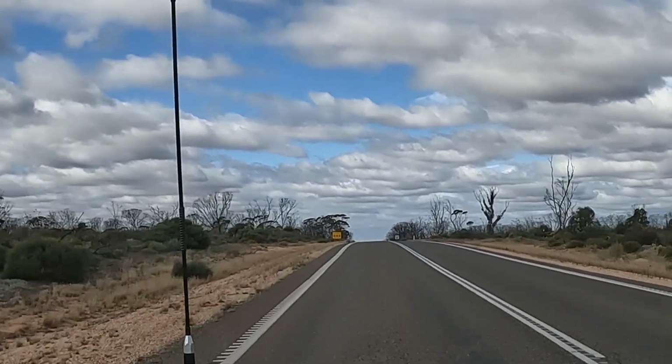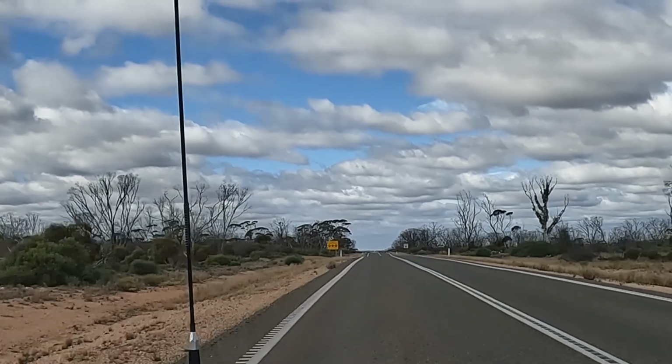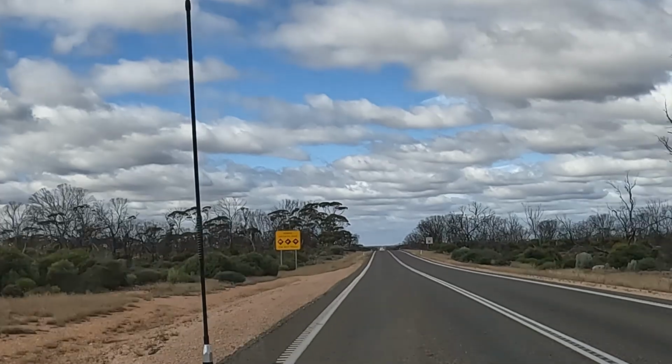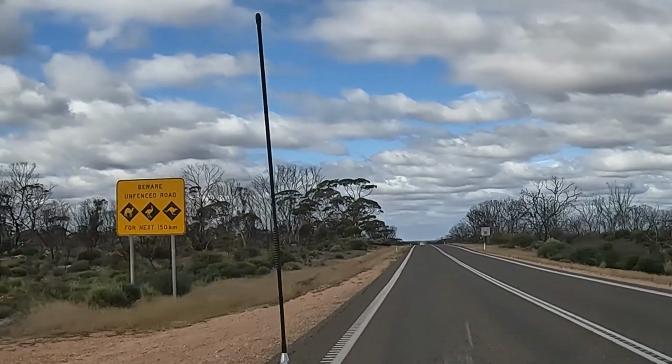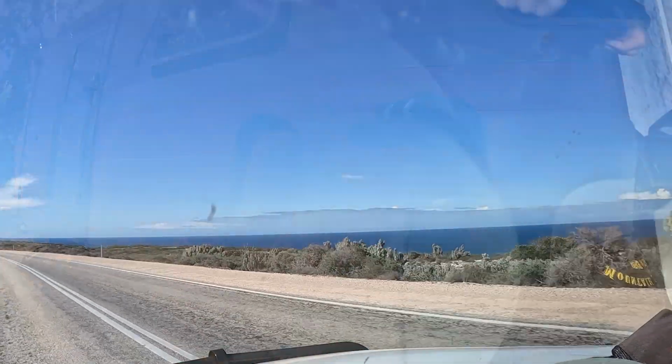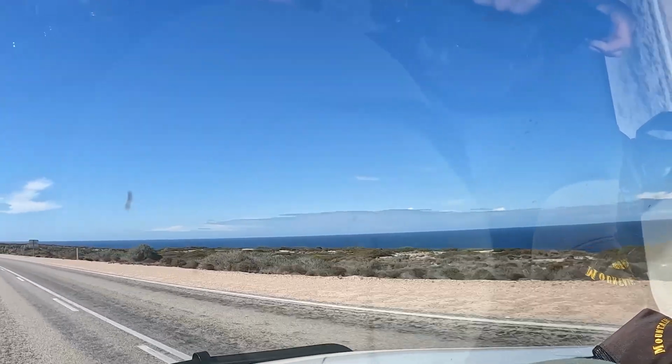We probably drove a little bit further than we had wanted to that day. We've been trying to get off the road well before dusk, but this time we were about half an hour too late. We did about 550 kilometres, probably our biggest driving day, and stopped just past the Majura Pass lookout at a nice little campground. Again, they had some drop toilets there, which were pretty nice, pretty clean and very good. We stayed there just briefly for the night, and then got going again early the next morning, heading towards...